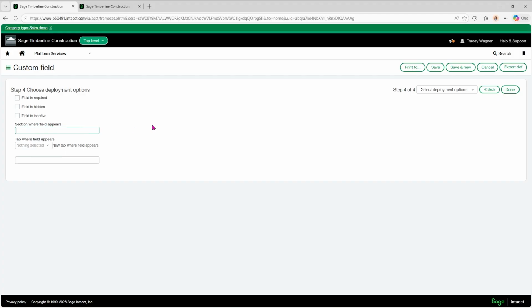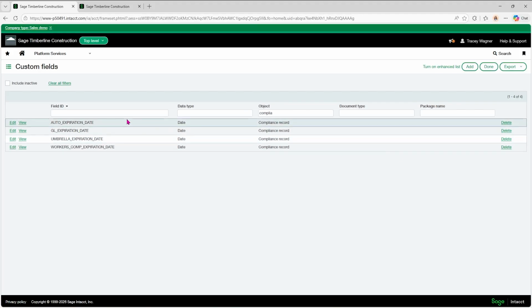And the section where it appears, I had already created this section on the other records, so it's called expiration dates. Then we're going to save that. So now I've got 4 custom fields that are going to appear on my compliance record.